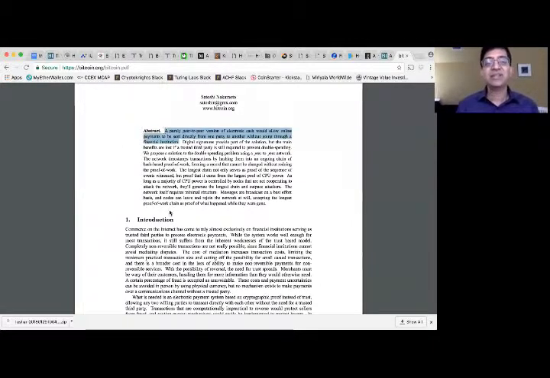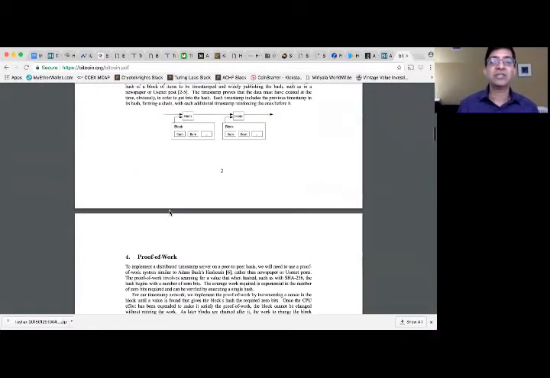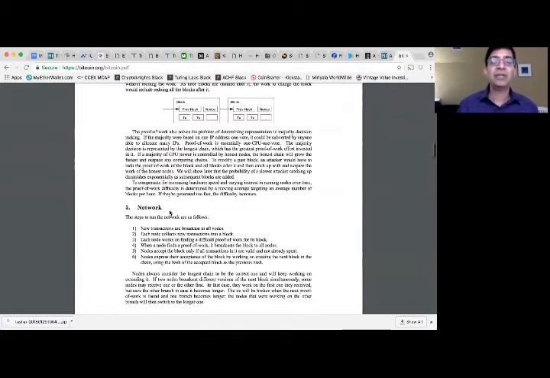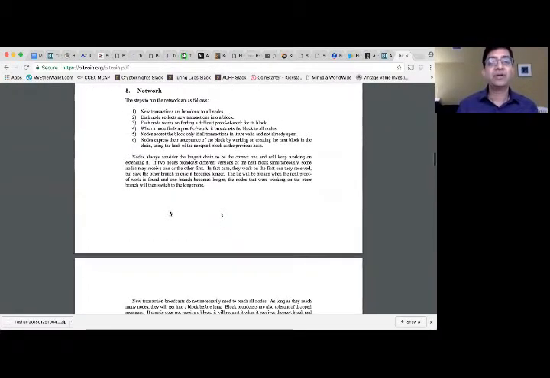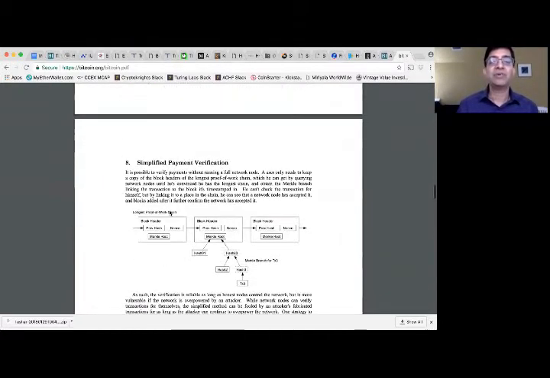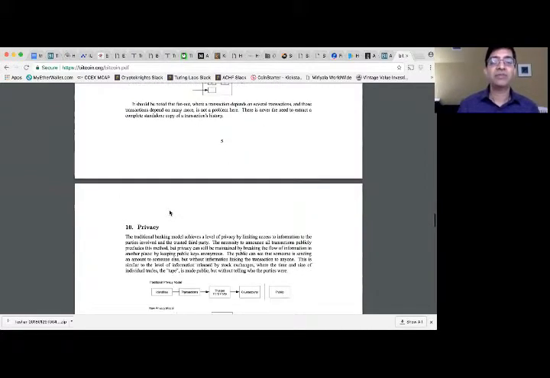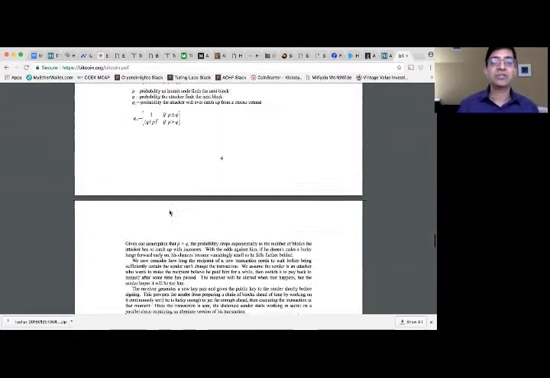See that? Then it had an introduction, transactions, timestamp, proof of work, network, incentive, reclaiming disk space, simplified payment verification, combining and splitting value, privacy, calculations.